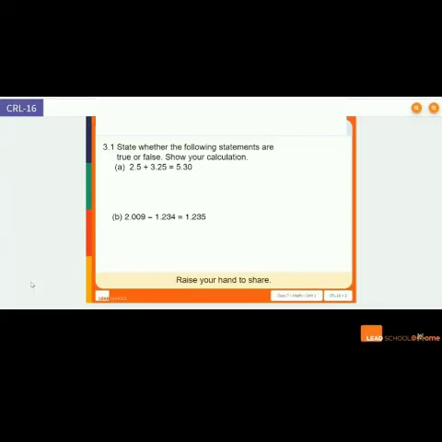Make sure you're drawing the place value box. You're either carrying over or borrowing over depending on the operation, and make sure you know the conversion clearly. Last 30 seconds for the first problem.